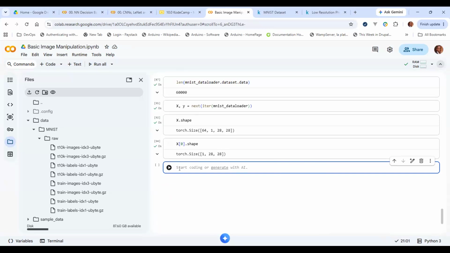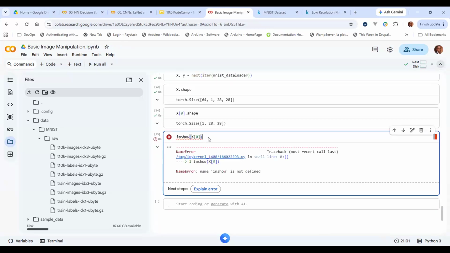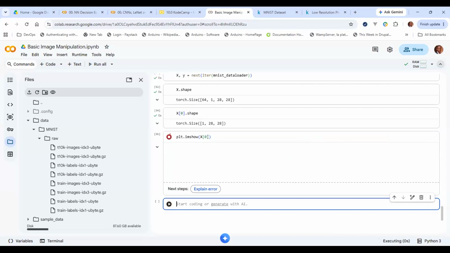I can now use that in imshow to plot X0, right? Remember, it's not the shape I'm plotting, it's the whole thing. Oh, imshow needs to be plt.imshow. So this is how you can then plot a single image,